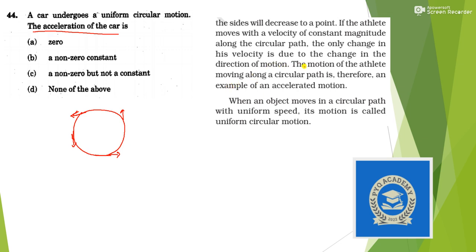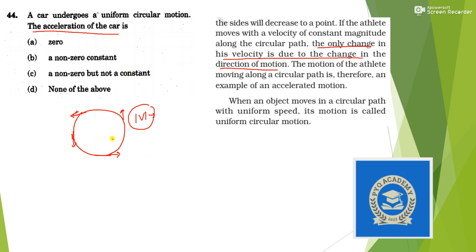This concept is taken directly from NCERT of class 9, where you can see that the only change in velocity is due to change in direction of motion. So circular motion is an example of accelerated motion. In a uniform circular motion, the magnitude of velocity doesn't change, but the direction changes. This change in direction produces acceleration, but since there is no change in the magnitude of velocity, the acceleration produced is constant throughout